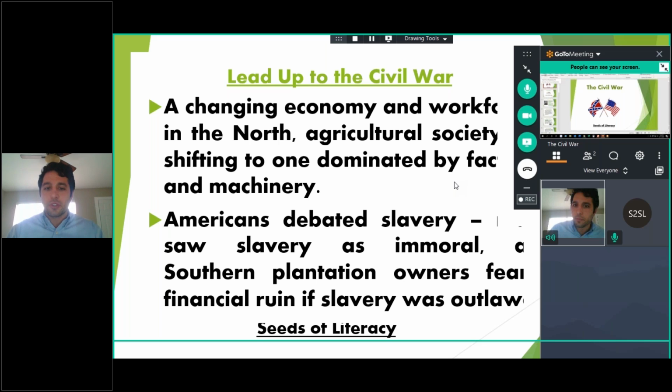So, like I said, you have this changing economy, you have this changing workforce, and you have this debate continuing with slavery. And frankly, a lot of people were acknowledging the immorality of slavery, that it's terrible and inhumane. But then you have these Southern plantation owners who had a lot of political control, and they were worried that all this money they're making would be gone if slavery was outlawed. And like I said, it's not necessarily that they were worried about it being outlawed right away, but they worried that Lincoln's idea that he does not want this to continue its expansion would be the beginning of slavery going away here in the United States.